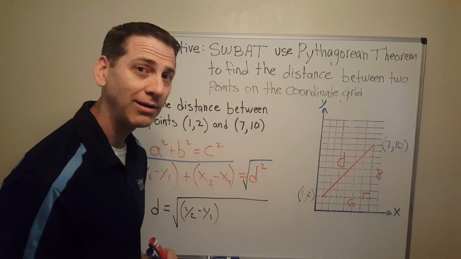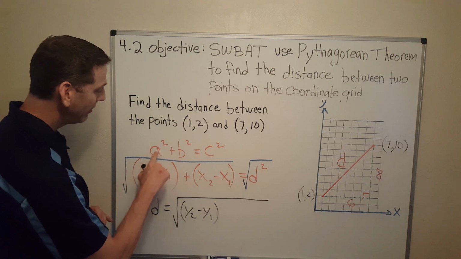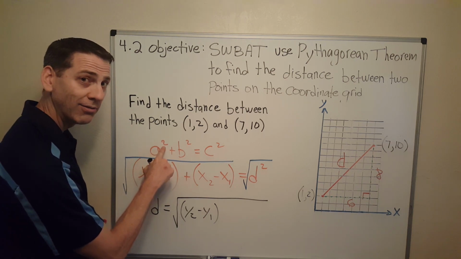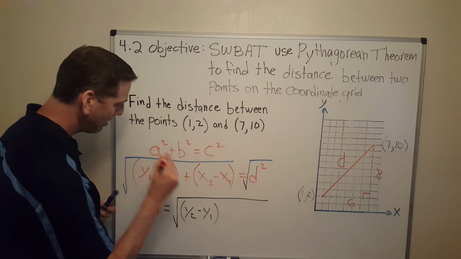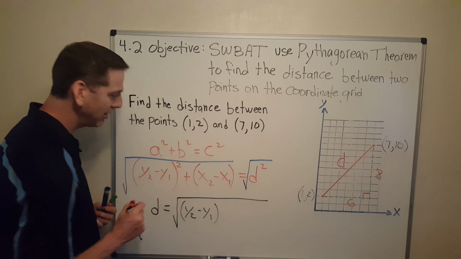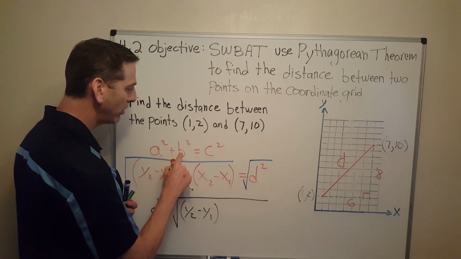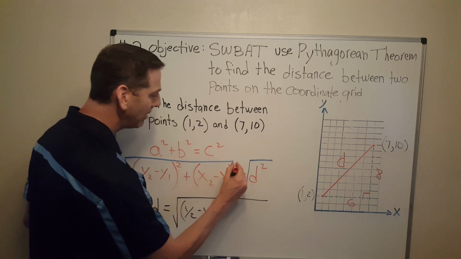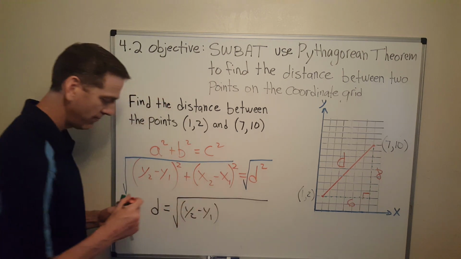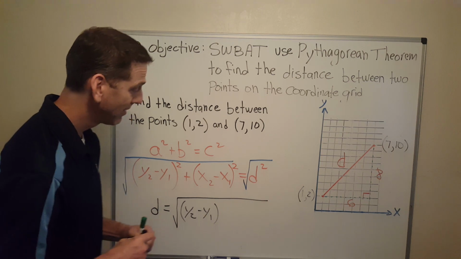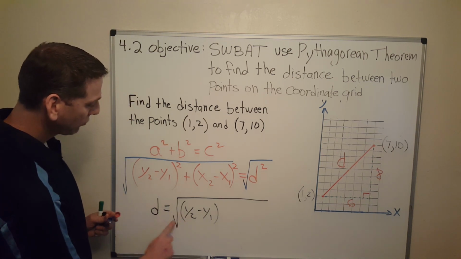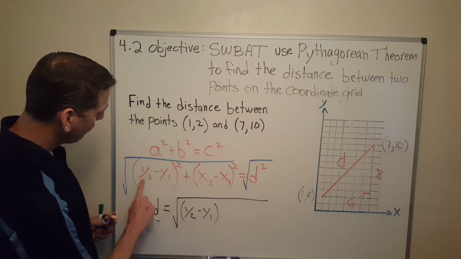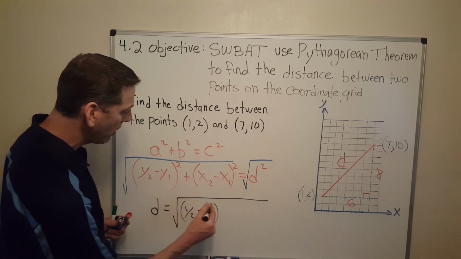Did you see what I forgot? This is A squared, correct? This is A. I need a square right there. And this is B squared. This is B. This has to be squared as well. I missed that. So this is D equals the square root of y2 minus y1 squared